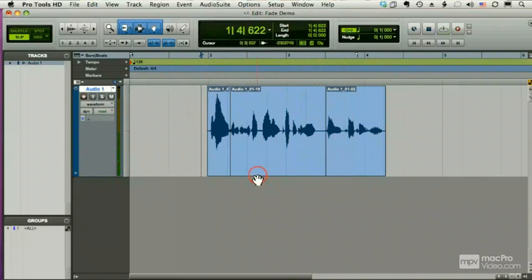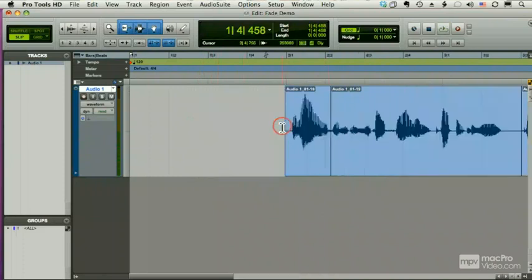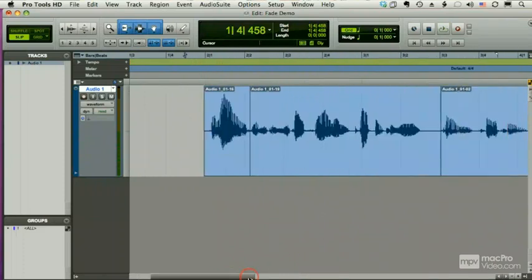Okay, that sounds pretty good, but typically what I want to do is add crossfades between regions. And you do that for two reasons. One is if you're actually fading out one file while fading in another. That's what you might hear if you're listening to a CD and two songs are connected, one fades out into the next one. Or if I have two pieces of audio which weren't connected originally and now I've connected them,